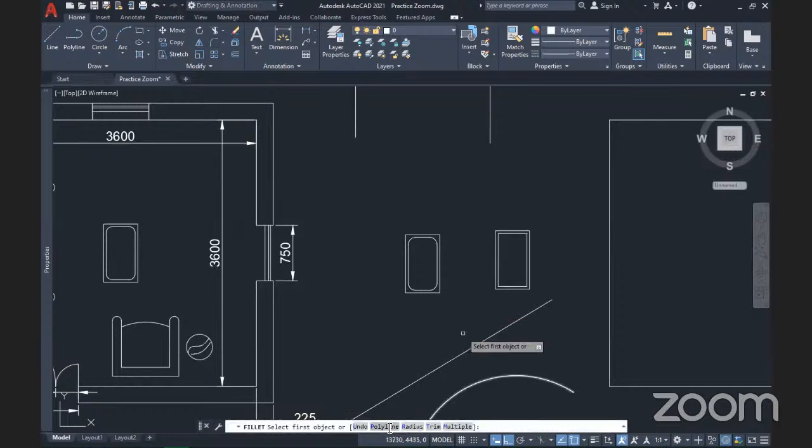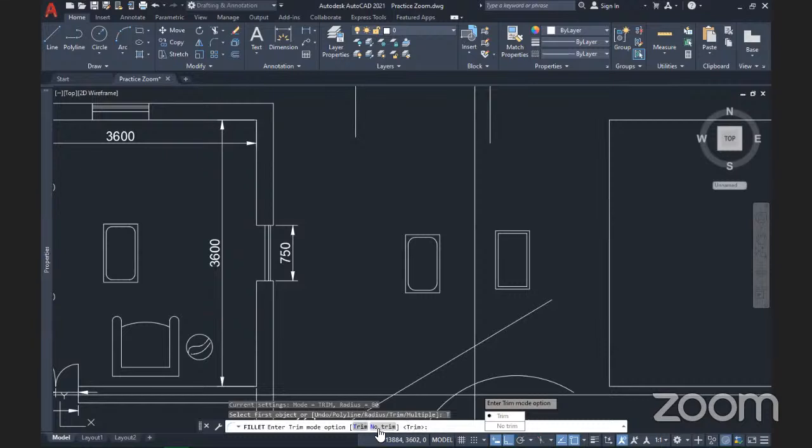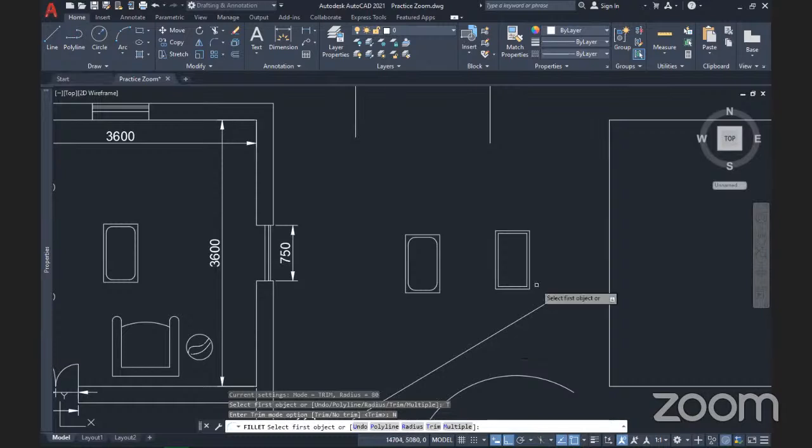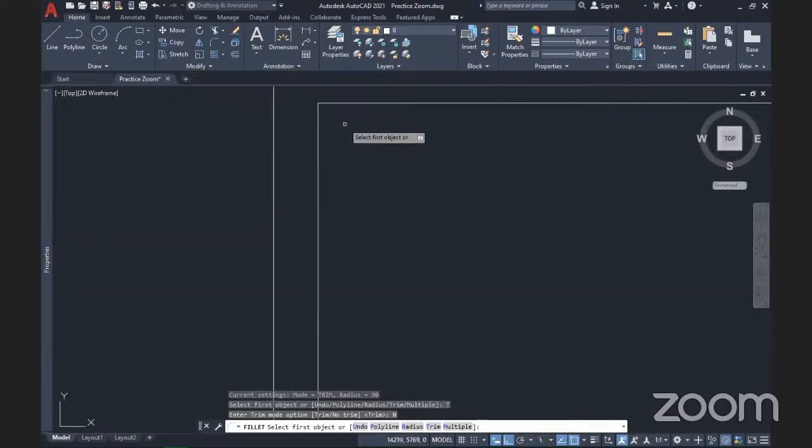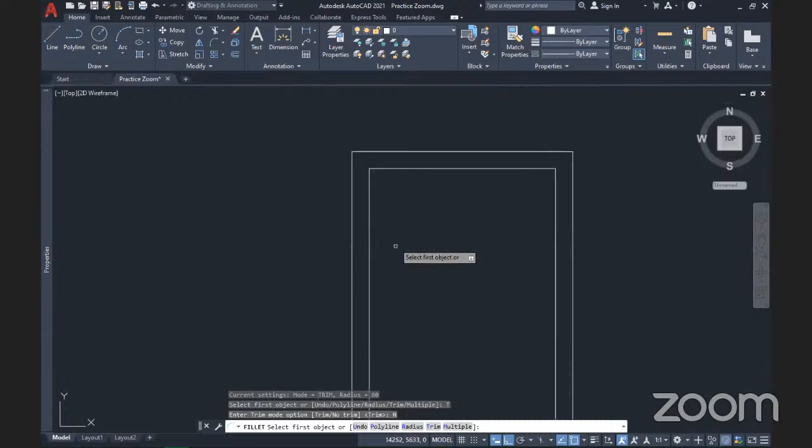We've done the polyline, the radius. Now the trim and no trim. Let me explain this. If you click on trim and you select no trim, what you're trying to tell AutoCAD is that after you've created the fillets, I don't want you to trim the edges for me. Just leave the corners the way they are. I want them to also remain there while you create an extra geometry by creating the smooth curve arc connecting